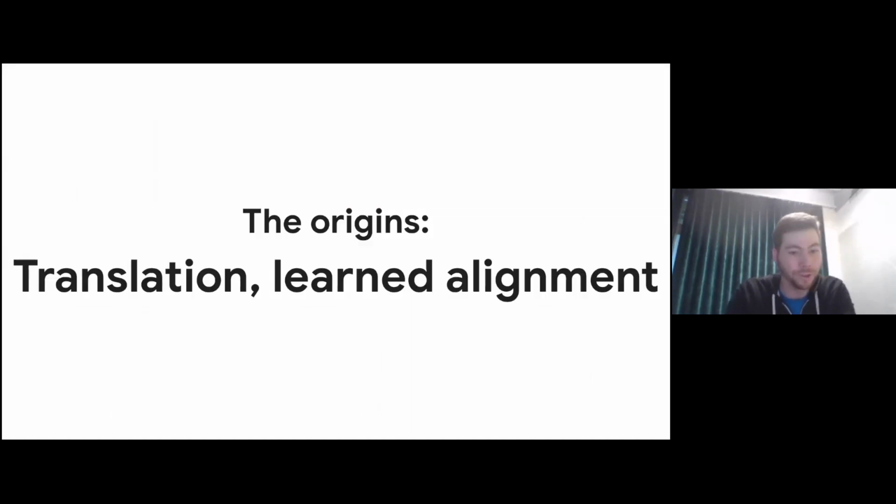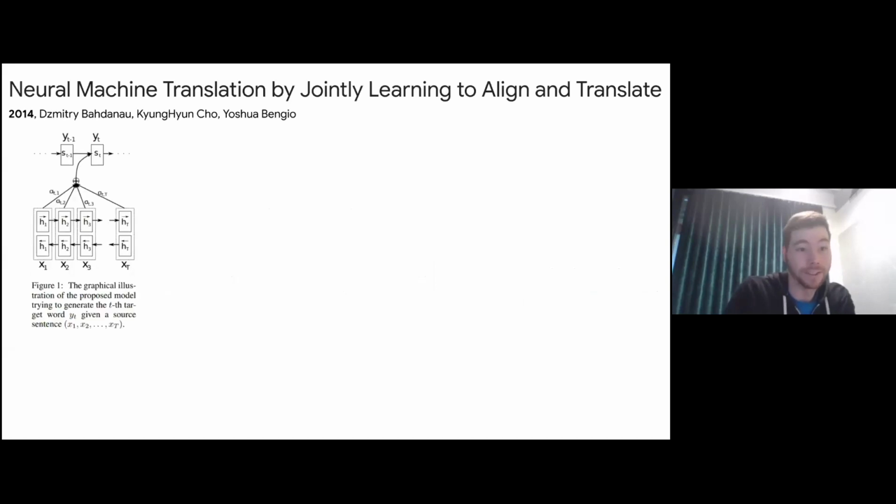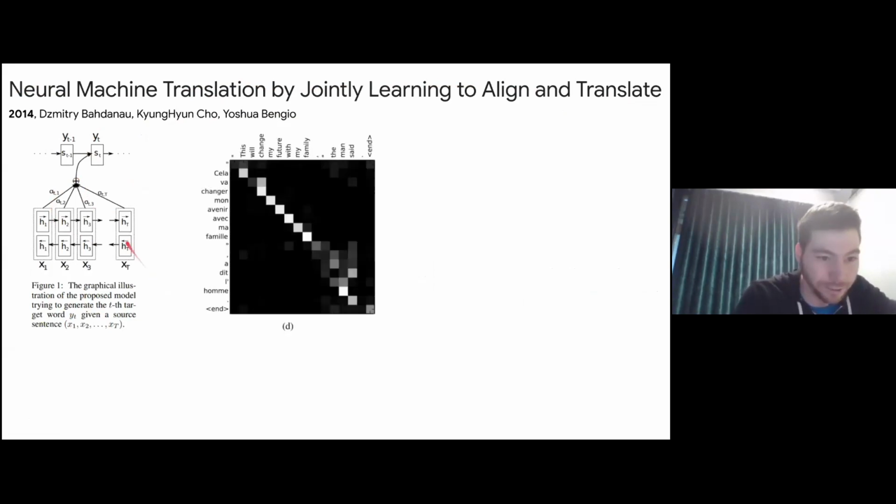First of all, the transformer appeared slowly over time in the translation community. The first sign of it, at least that I'm aware of, is this 2014 paper by Dmitry Bahdanau, Kyunghyun Cho, and Yoshua Bengio, which was called Neural Machine Translation by Jointly Learning to Align and Translate. And they had this picture that, if you already know self-attention well and you squint a lot, you might recognize as maybe the attention mechanism, but it's really not a very self-explanatory picture.